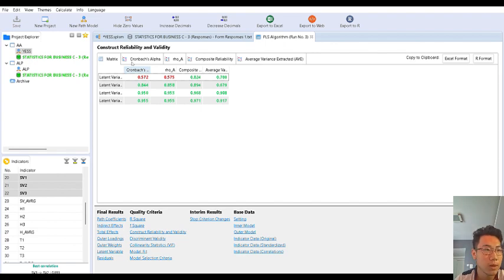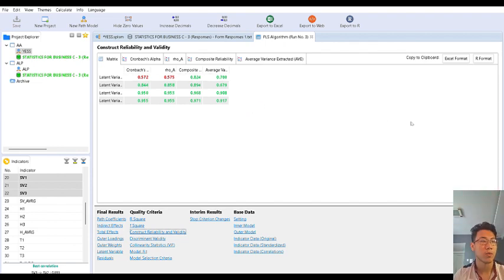And the second one is rho_A. There's also one value which is not reliable. But for the average variance extracted, the data shows that almost all of them are above 0.7, which means the data is reliable.